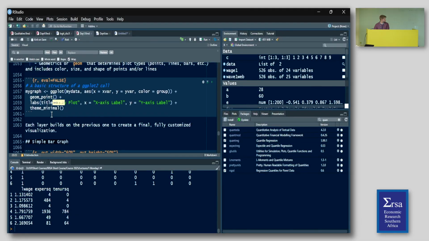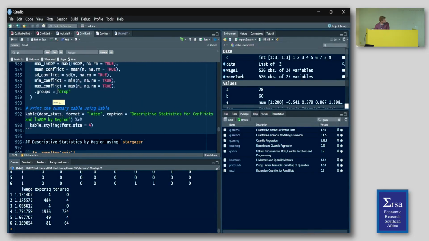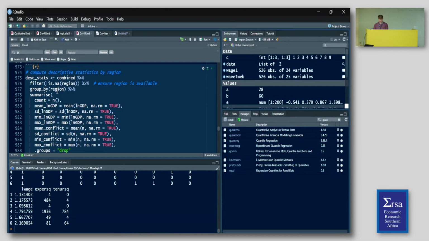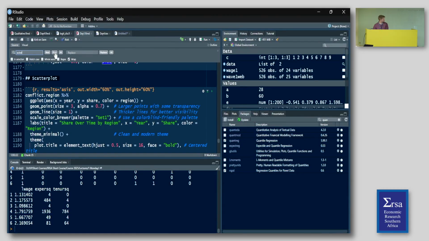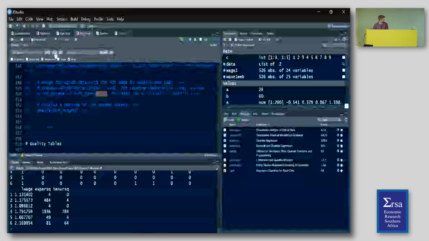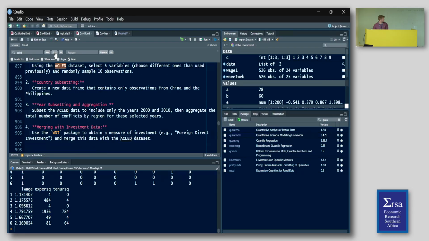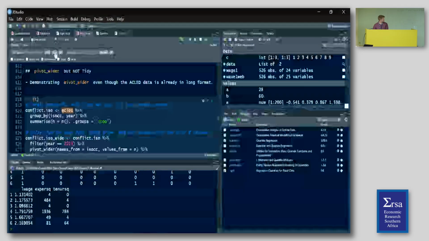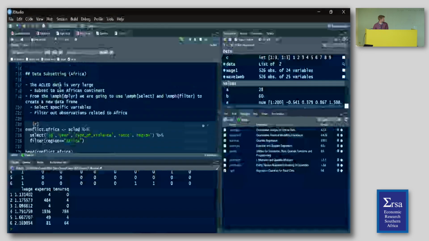I just want to grab the, no, that's that, yeah, that's it. Oh, okay, it's way up there.